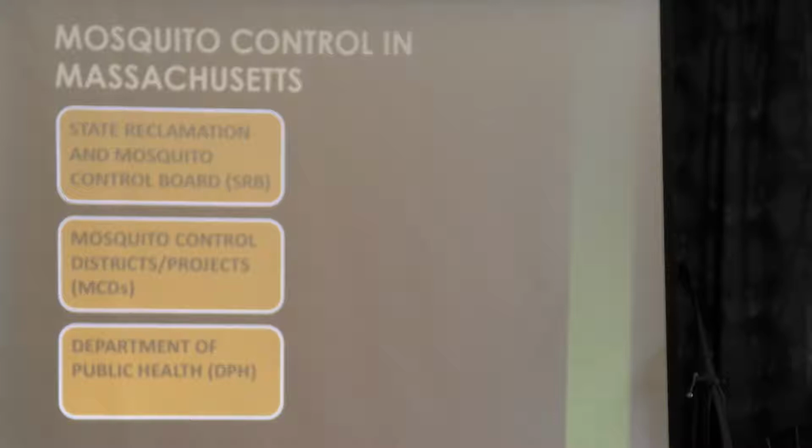I'm going to show you a map so you can see if you're in one or not. A lot of people don't realize they are. Some people think the whole state is, and that's not true for various reasons. Also, because this is in a lot of cases about human illness, the Department of Public Health